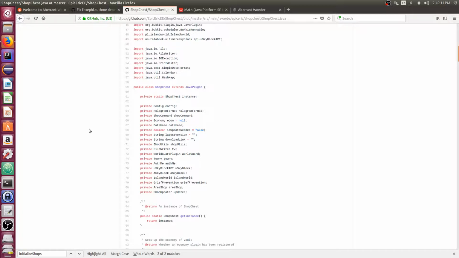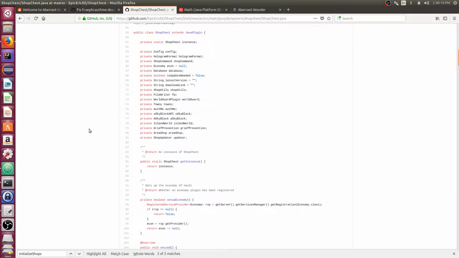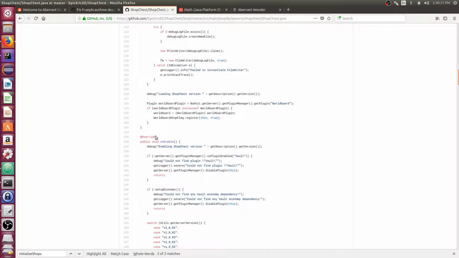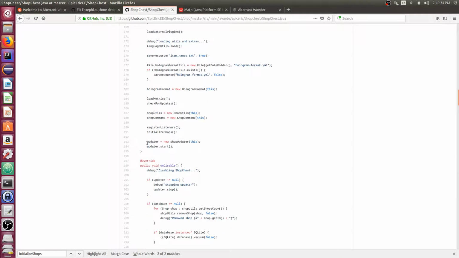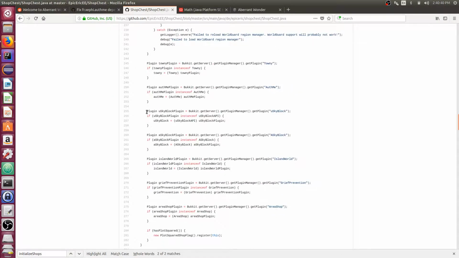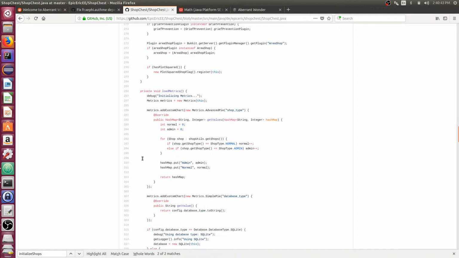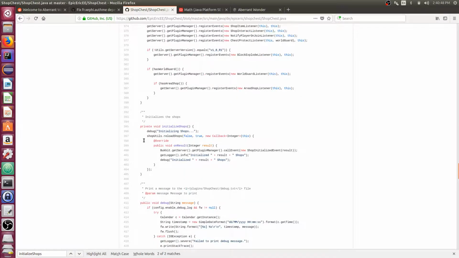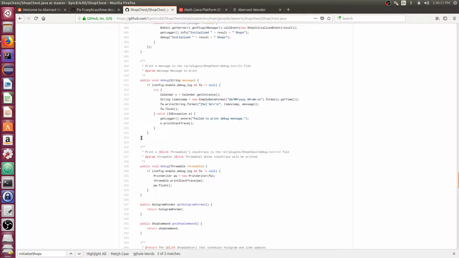So I think I can get this class pretty easily. Everything's private, so let's just go through the public functions and see what I can do. So I can get the instance. I already can, so that's not really an issue. Public on load, I'm not going to call. Public on enable, I'm not going to call. Public on disable, I'm not going to call. Private load metrics, private check for updates, private register listeners, private initialize, public debug,